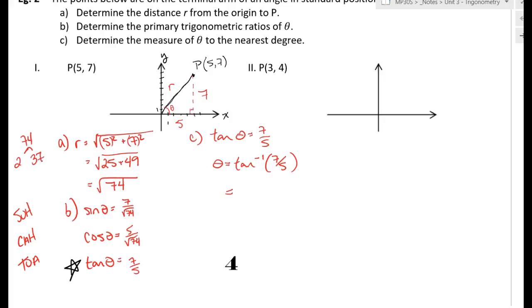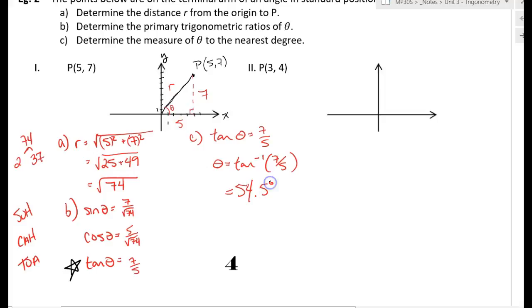Once you've done this, then we can type in tan inverse. Now, do not just punch the tan button. That is the tan function. The inverse function is usually shift or second function and then press tan. And we're going to go 7 divided by 5. Make sure that that 7 divided by 5 is in brackets, so the tan inverse is affecting all of it. And we're going to get